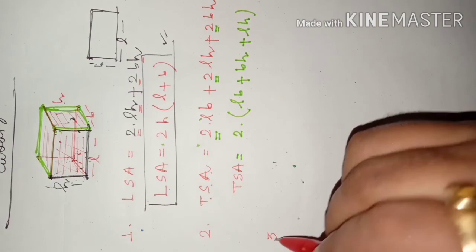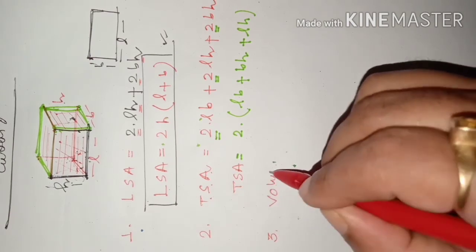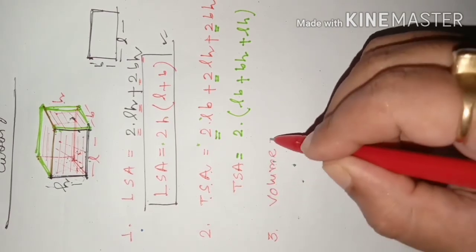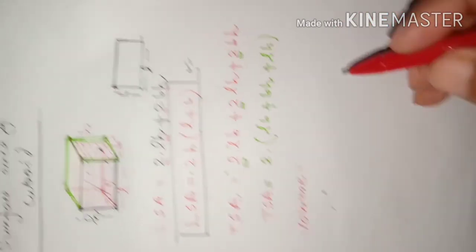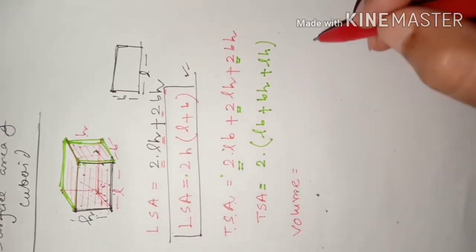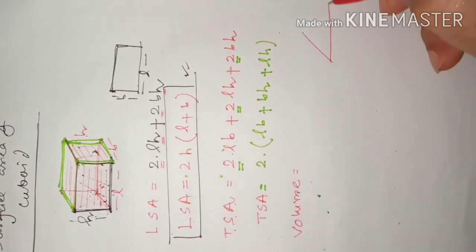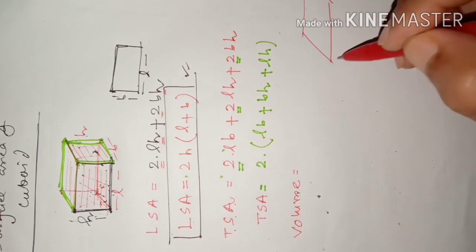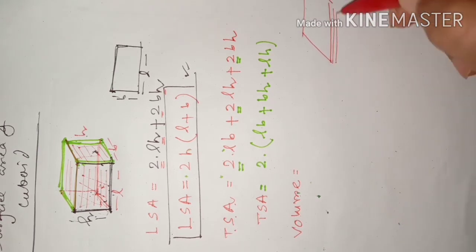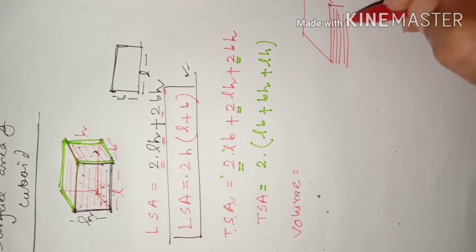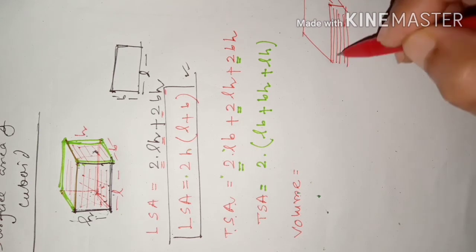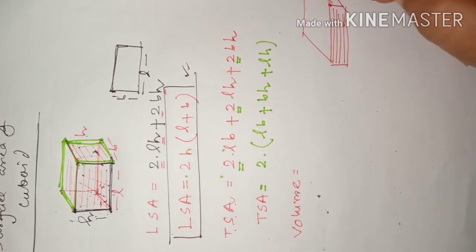Lastly, we will talk about the volume of a cuboid. What is volume? So you just think about your maths book. A maths book is made up of so many rectangular pages. Just you see, 1 page, 2 pages, 3 pages, like that. Suppose 500 pages are there in your maths book. That is, a maths book is made up of 500 rectangular sheets of paper.